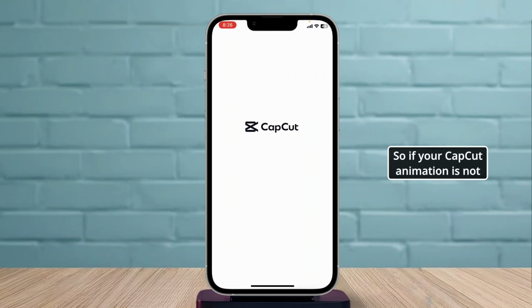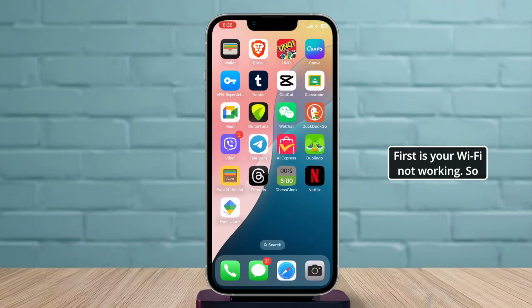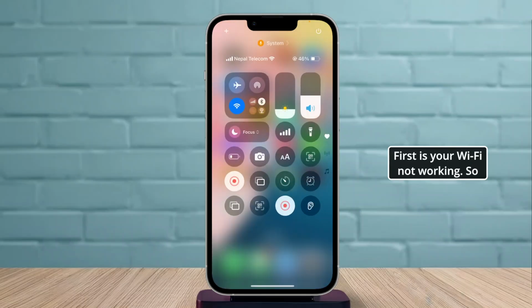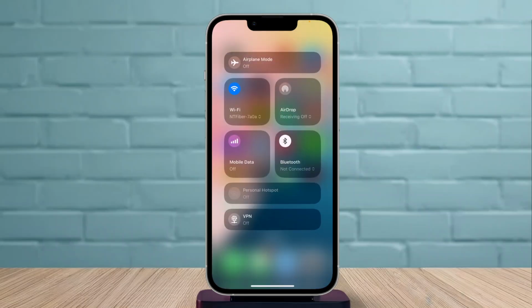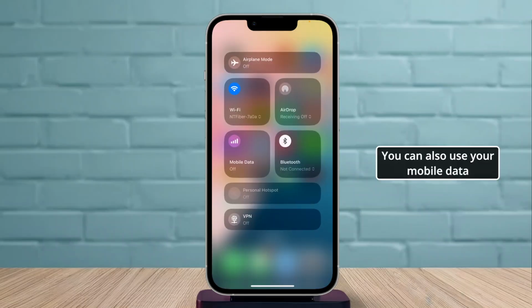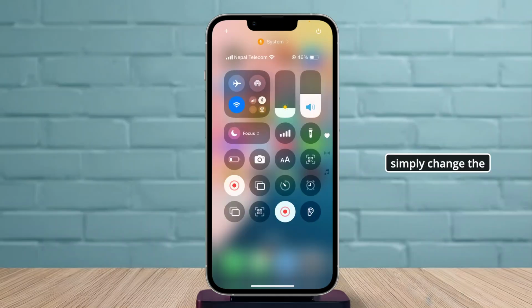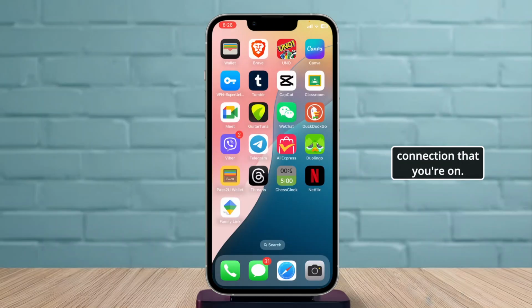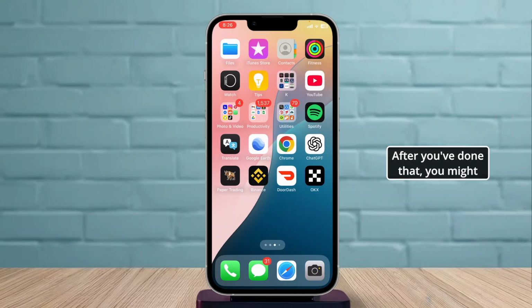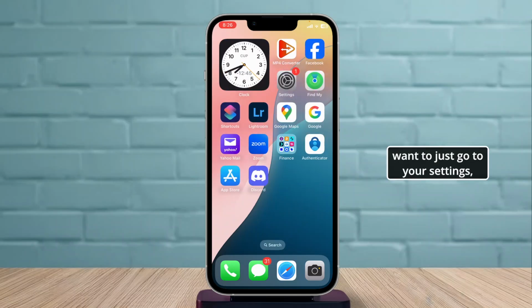So if your CapCut's animation is not working, there can be a few reasons for it. First is your Wi-Fi not working. So make sure that you're connected to your Wi-Fi. You can also use your mobile data if your Wi-Fi is not working, or simply change the connection that you're on. After you've done that, you might want to just go to your settings,